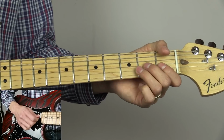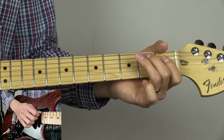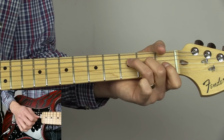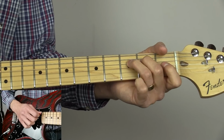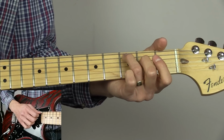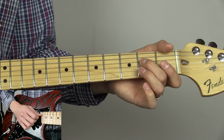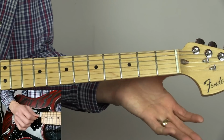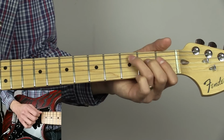Okay, now we repeat most of that starting on the second fret of the G. Okay, now this bar changes. We go 3 on the A string as we did before. Do the quick hammer on and pull off on the second fret of the D. Back to 3 on the A, open D, and now this time we play 3 on the A again. So that gives you...